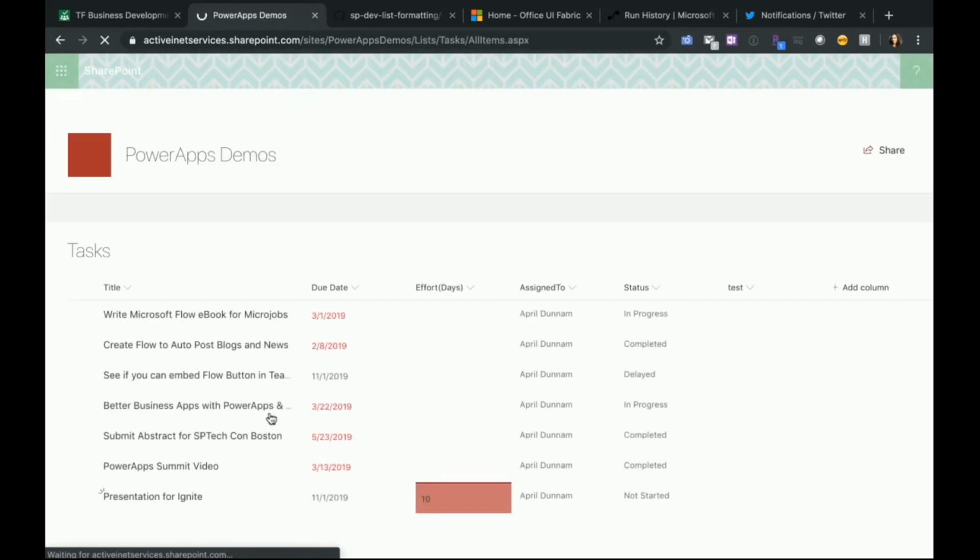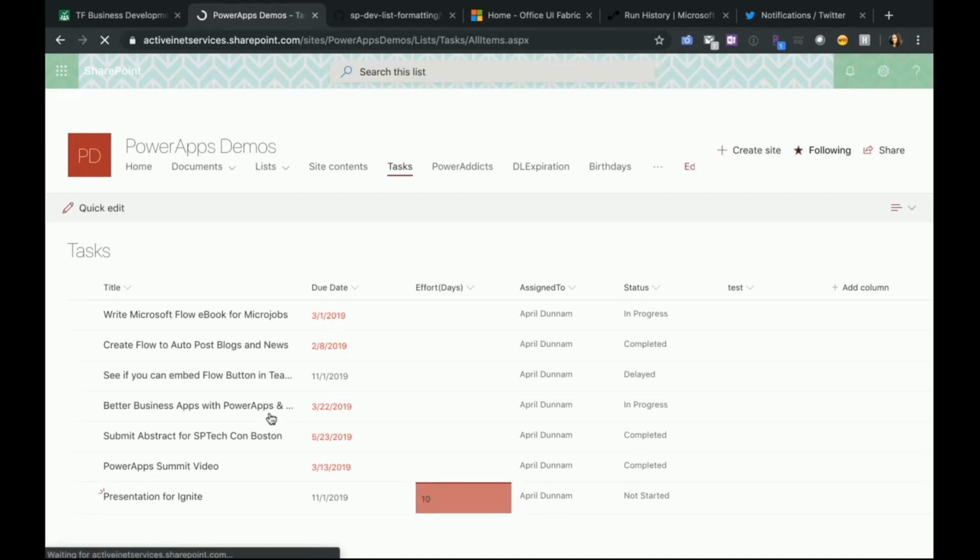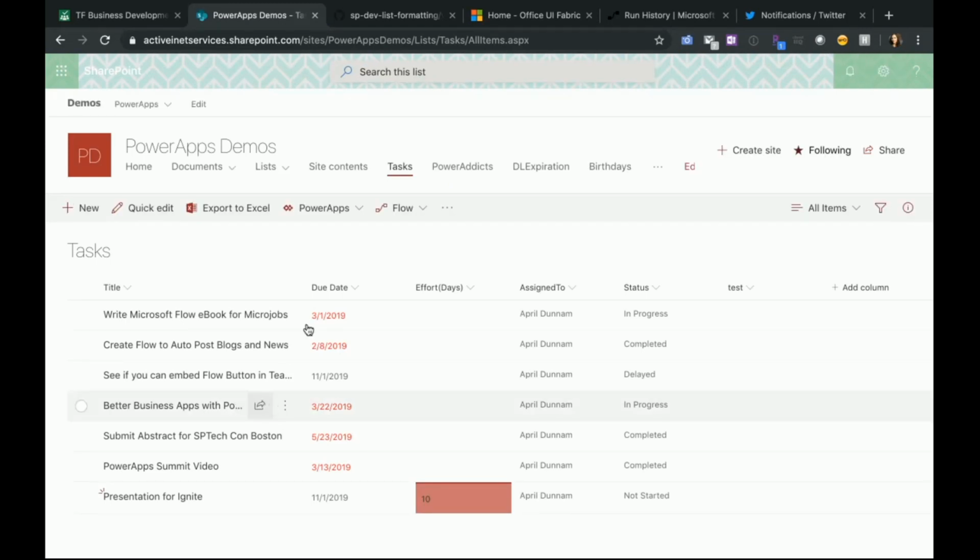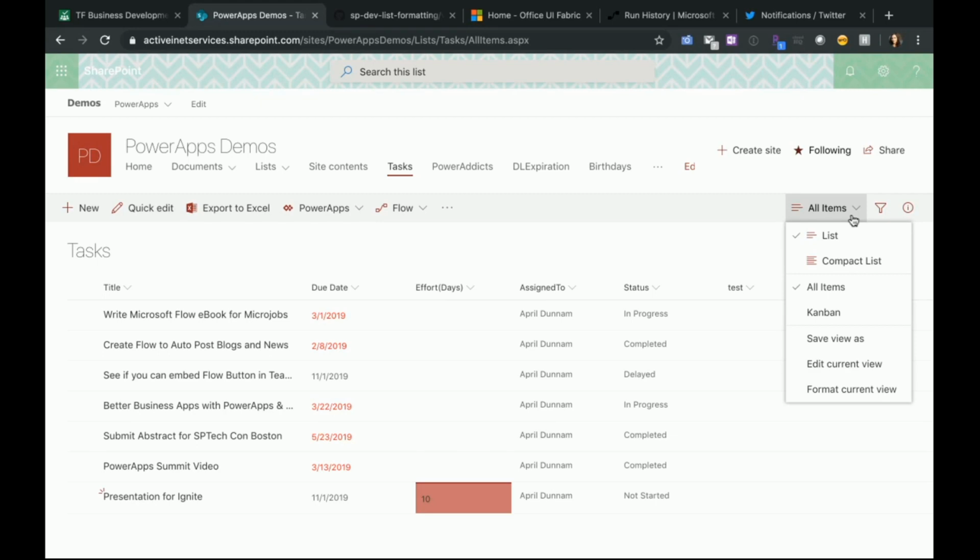This is my SharePoint list. It's just a custom list, and we've created some fields here. A title to hold the task title. We have a due date field, which, as you see, also has some column formatting on it to show red if it's overdue. We have an effort field, a people picker that's assigned to, and a choice status field. That's what we need from a requirement standpoint for the SharePoint list for this to work. If I switch over to my views here, I have a Kanban style view with